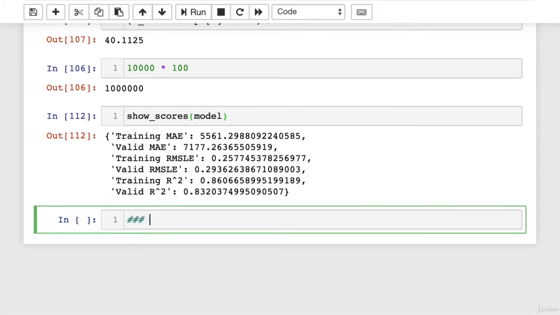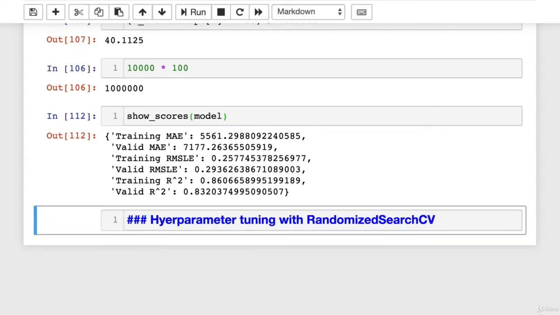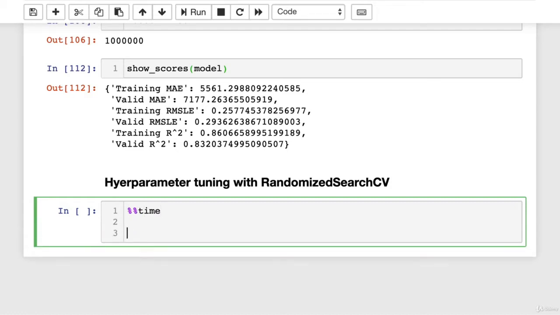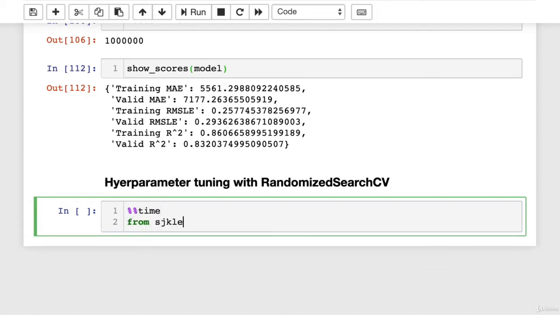And if you've had to think about it, you might have come across or thought of the idea of hyperparameter tuning with RandomizedSearchCV, something that we've looked at in a previous project and some other previous videos. So that's what we're going to have a look at. If you're wondering what RandomizedSearchCV is, remember, we can always look up the docs, but maybe we'll just create a cell. Let's have a look at the code first. From sklearn, how would we import it? Model selection,